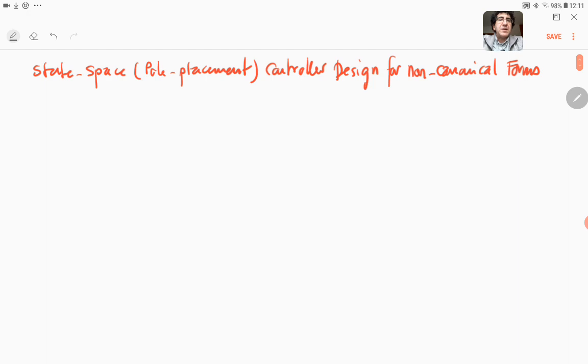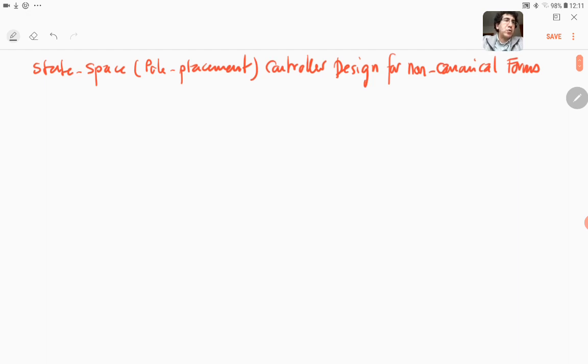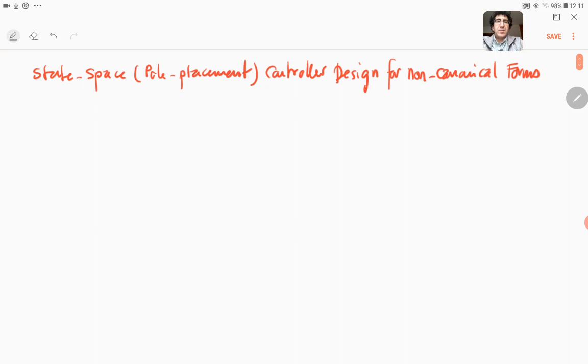Similarly, if it's given in observable canonical form, or if you put it into observable canonical form, then it becomes very easy to design an observer. Let me summarize that. If the system is put or given in controllable canonical form,